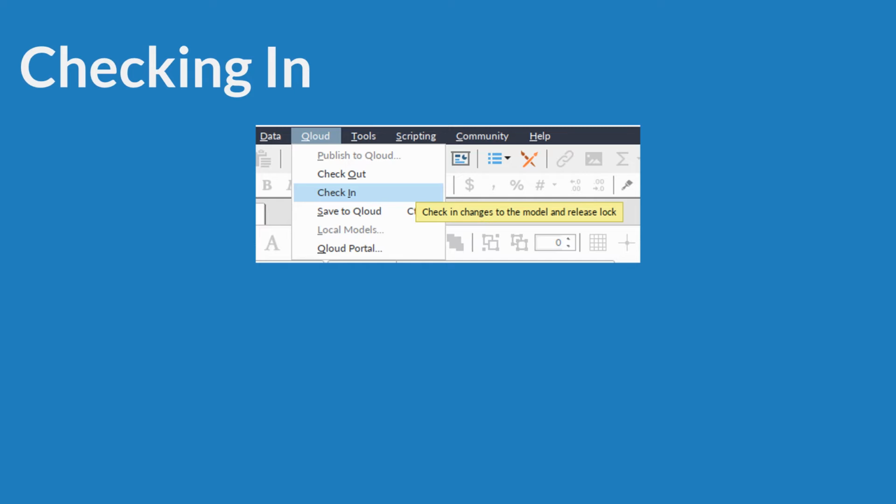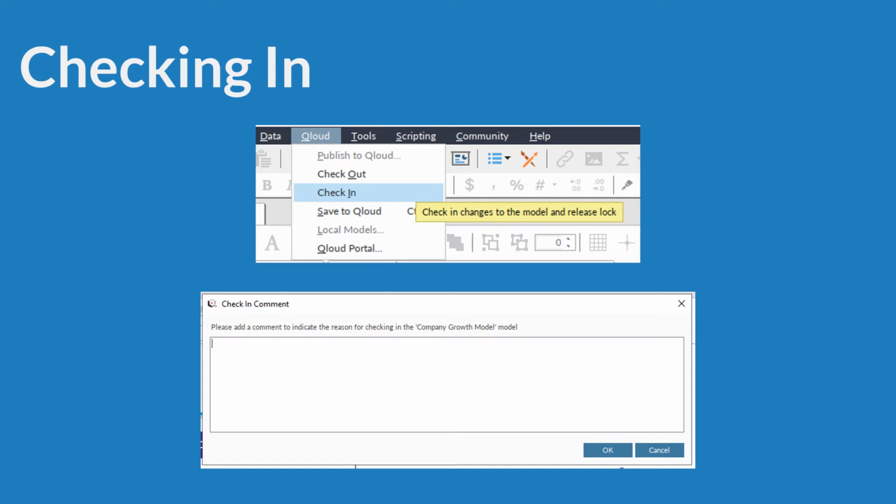Once you've completed your edits to a Qloud model, you're ready to check the model back in. You can do this under the Qloud menu by selecting Check In. You'll be able to leave some comments on your changes if you like. After you click OK, the model will be saved with your updates and your lock on the model will be